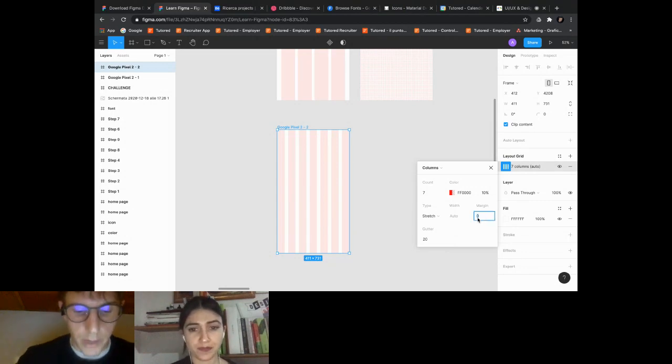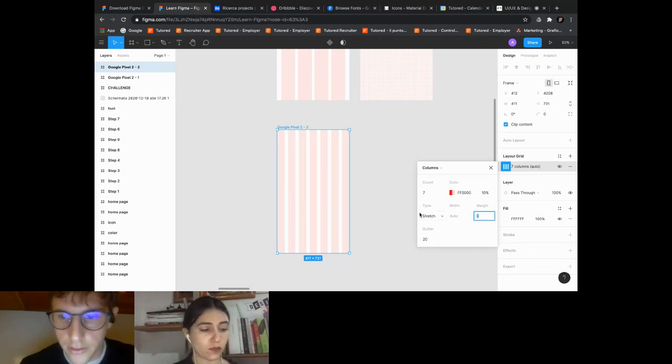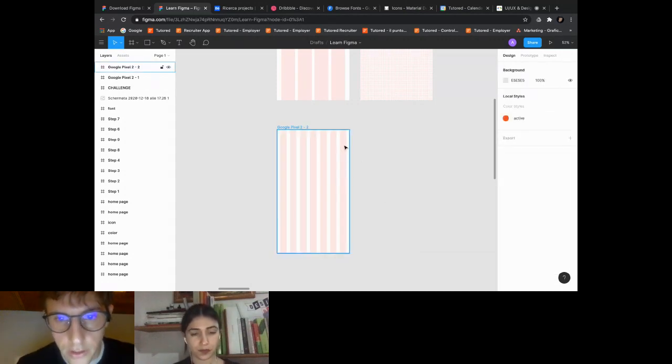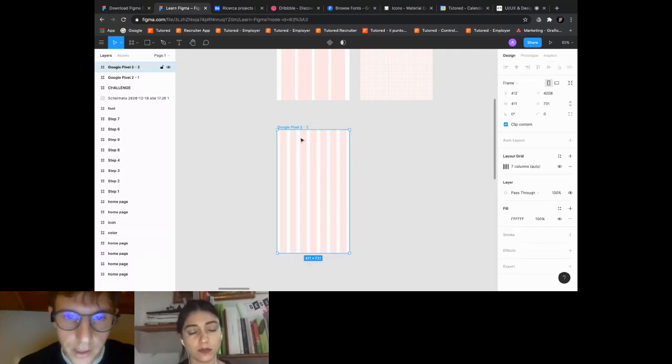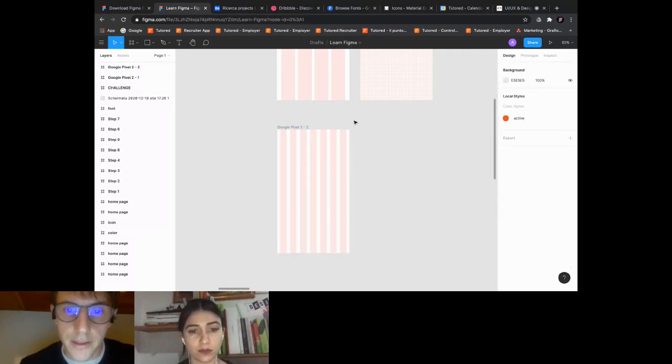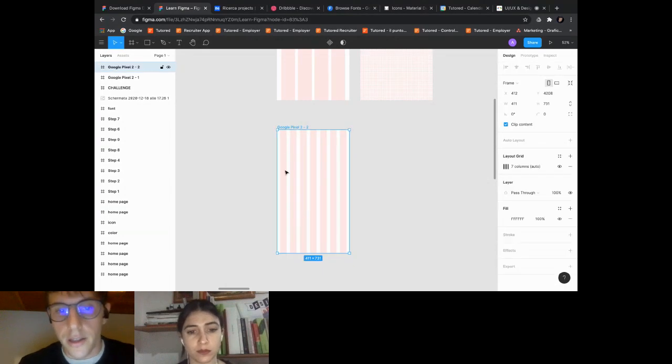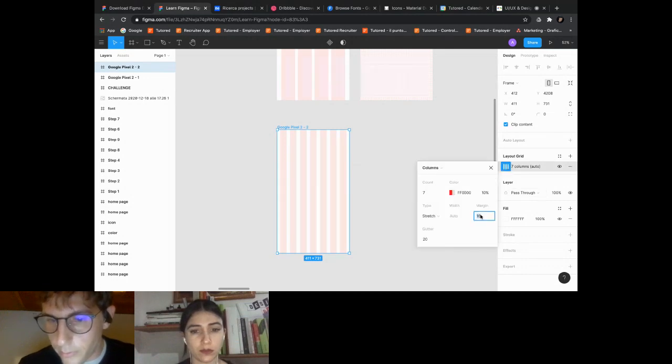You can choose a margin. So the margin is where your columns start. For example, 13 pixels, and you can see your columns are still stretch, but have 16 pixels of margin.